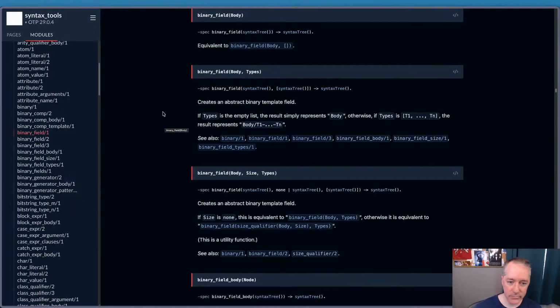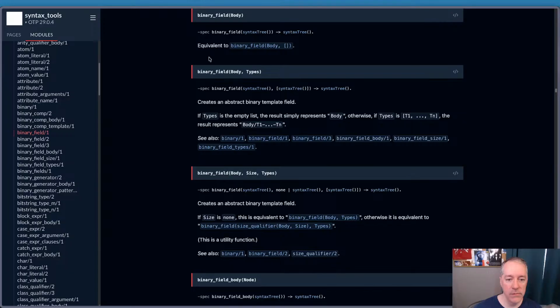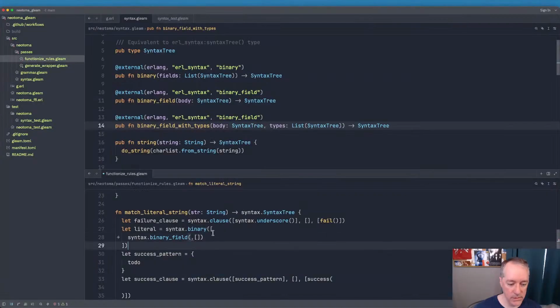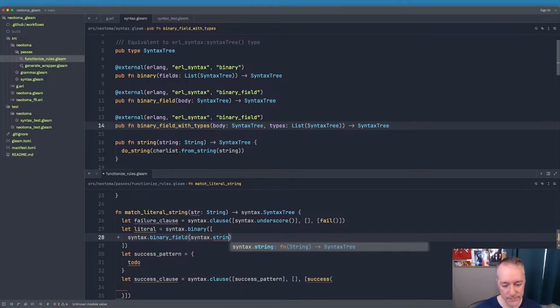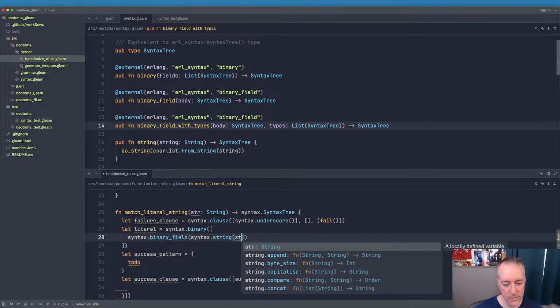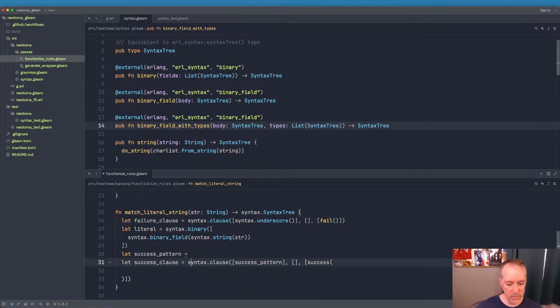Okay. So we can say binary field here, and we can say syntax string of stir. Okay, so that's the literal. And then the pattern is going to be